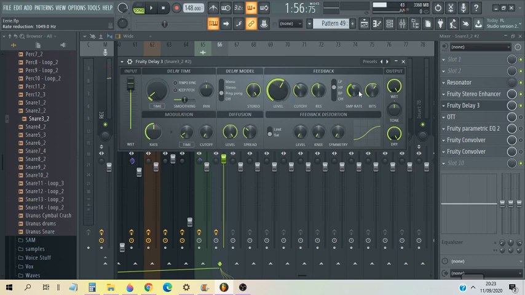So, what is this? This is a form of bit crushing called sample rate reduction, and personally I think this is the best way to bit crush. Obviously, the best way to bit crush is to use a combination of different methods, but if you can only use one of those things, I would recommend sample rate reduction, because it has a very interesting kind of sound. So basically, if you don't know what sample rate is,